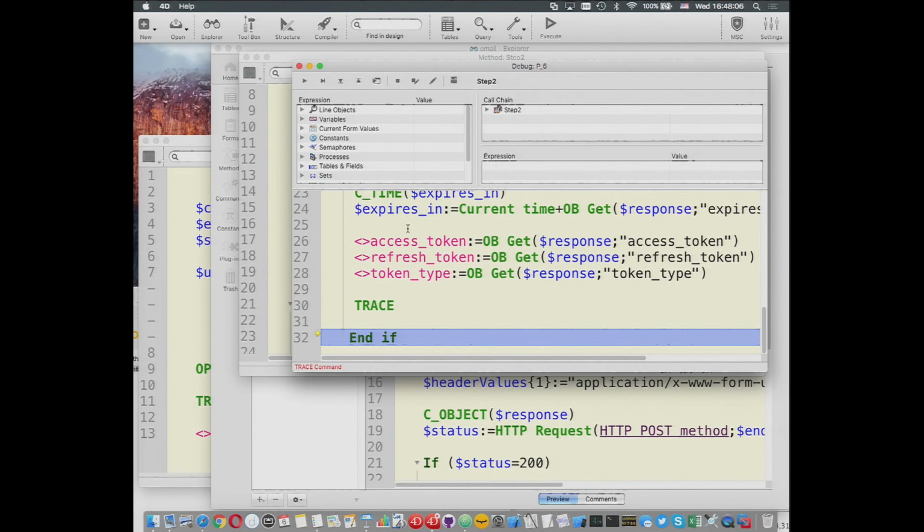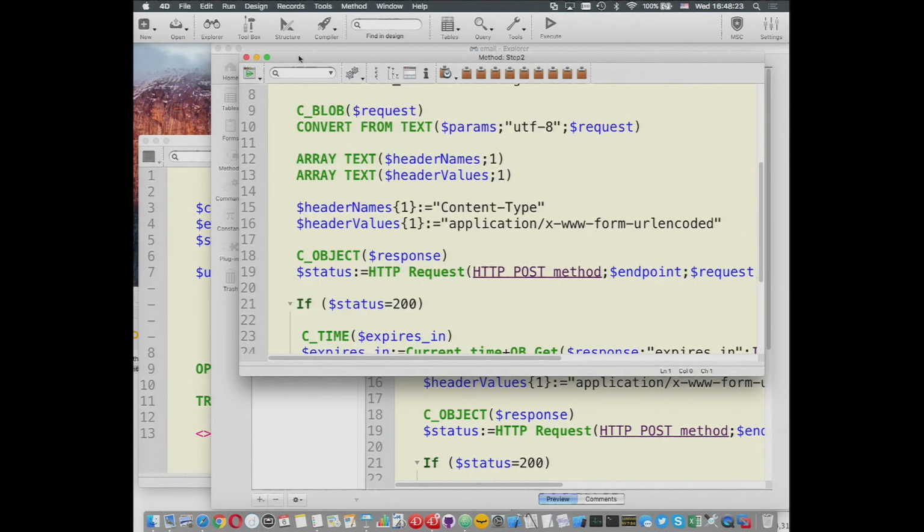I send a request, and in reply, Google has given me the access token, which is valid for the next hour, and also a refresh token, which I'll use after that token has expired. And the token type is not important, it's just a bearer. And now that I've got the two tokens,